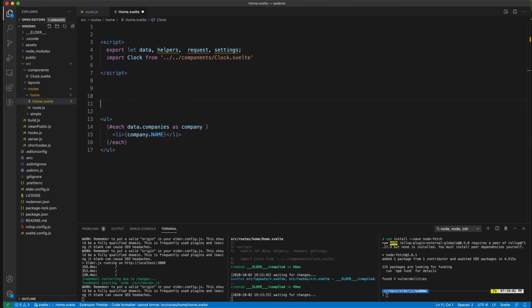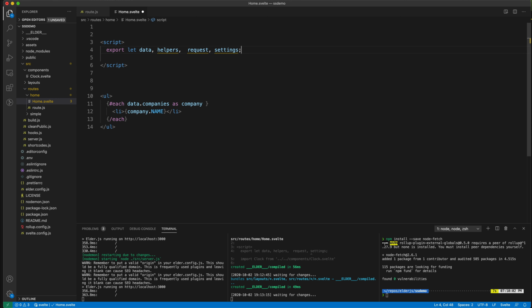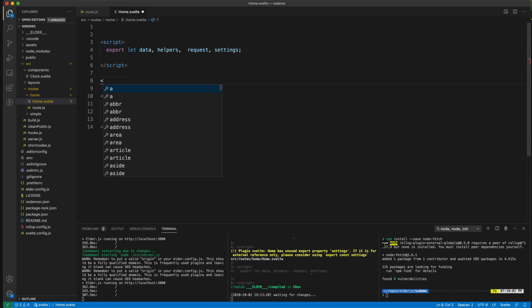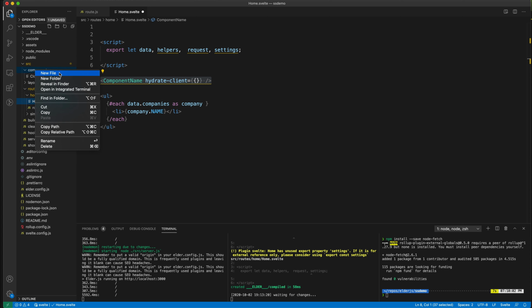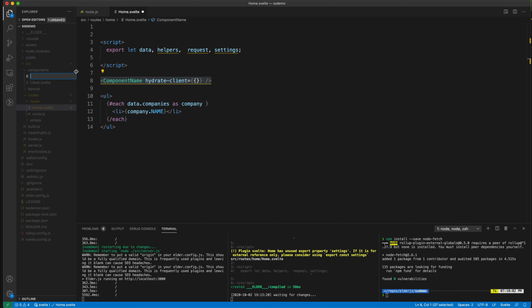Let's remove this clock component, and let's work on building our autocomplete functionality. We do hydration something like this: component name, and then hydrate client, and here's where we pass in our props. What's happening under the covers is we're generating the mount code for Svelte, and so this will create a new root Svelte component. Since we want to use an autocomplete component that needs some of the Svelte directives such as bind, in order to bind to variables, we can't do that within a root component, so we need to wrap it. So we're going to create a new component here, and we're going to call this company finder